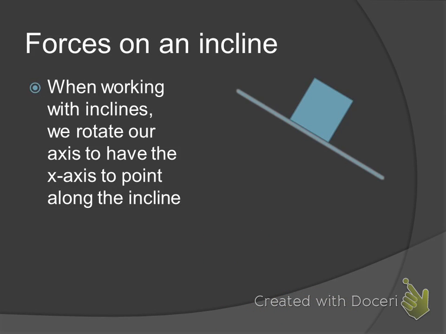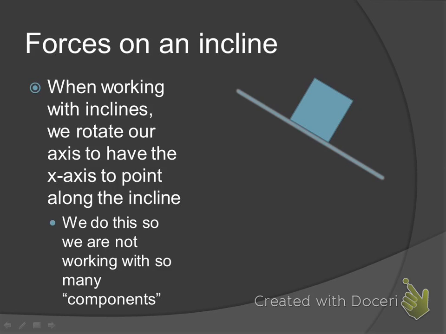So when we work on an incline, we rotate our axis so that it's along the incline. We do this so we don't have to work with a component for the normal force, a component for the frictional force, a component for the applied force, all that kind of stuff. We're only dealing with components for the gravitational force. So let's look at this object here on my incline. I've got, let's say, my gravitational force that looks like this, F sub g. I've got my normal force